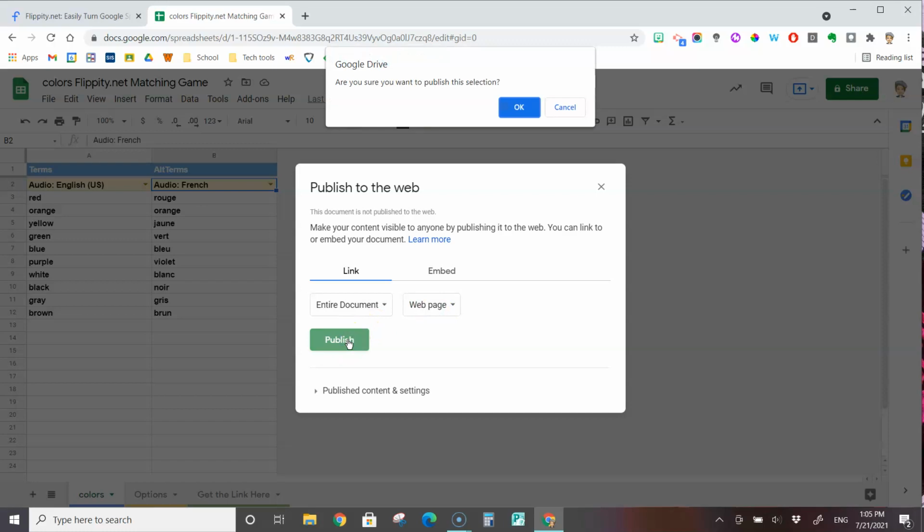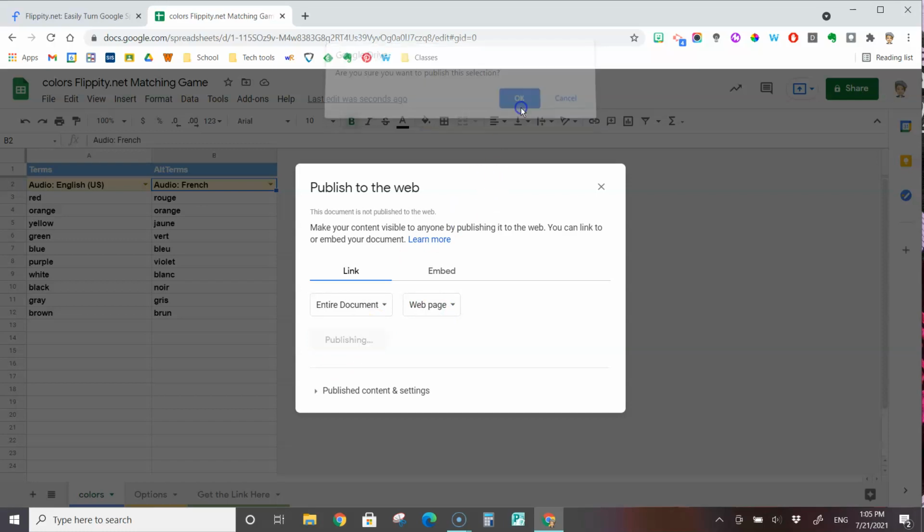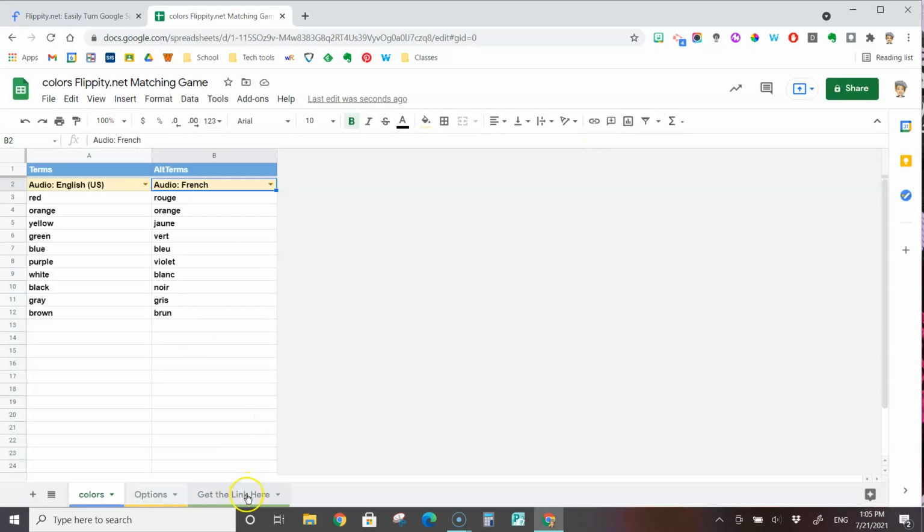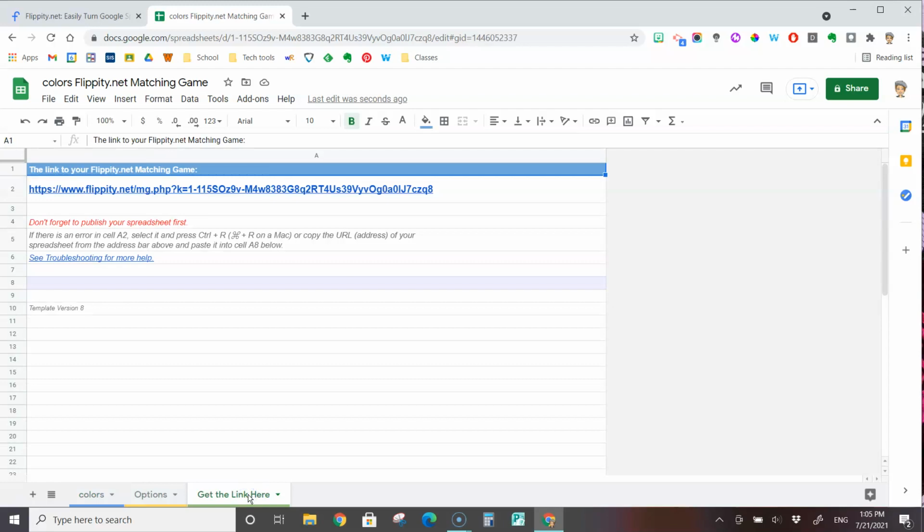I click on Publish. A little pop-up is going to ask me, are you sure you want to? Yes, I want to. And it's going to give me a link here. Now this is not the link that I want to use. I'm going to close this because the link that I actually need is over in this third tab where it says get the link here. So after it's published, I'm going to come to this tab and I'm going to go to this link, and when I click on this link,